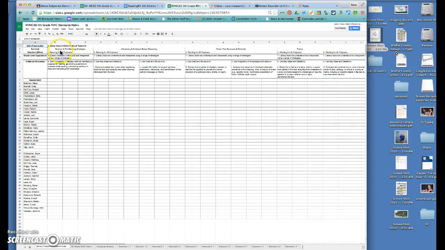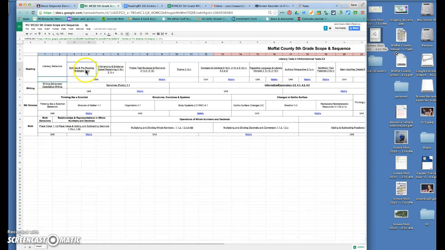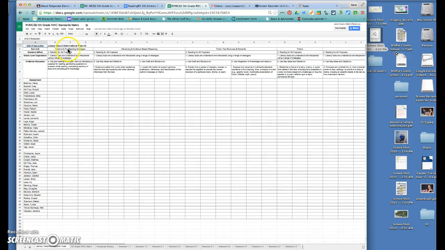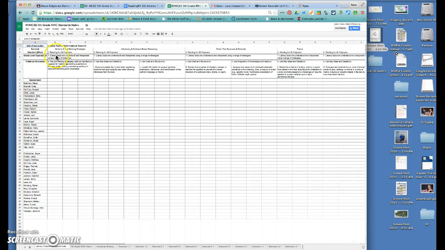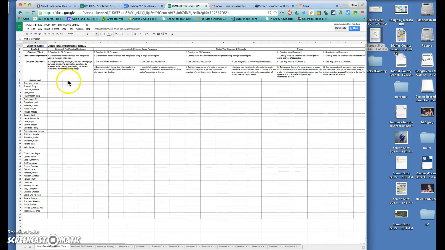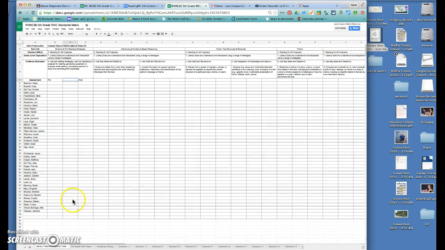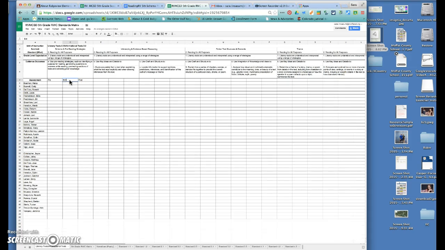So if you remember right, schema and pre-reading strategies, which is this first unit right here for 2 weeks, is right here. What we have done is put in 3 columns. So this again would be like your pre-assessment, this would be your post, and then say you would have some in between here. Now if you needed, say you did this one and it was an exit ticket,